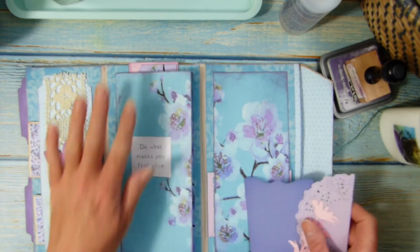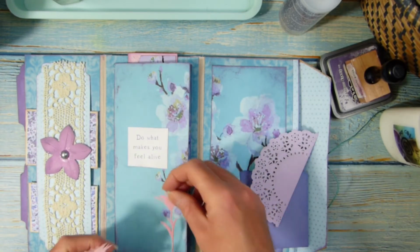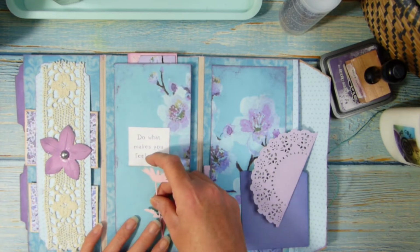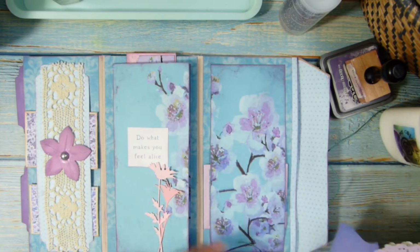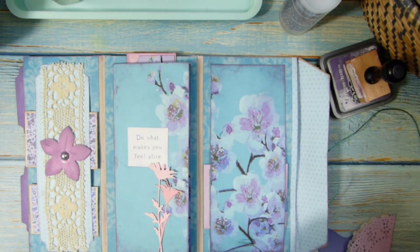I thought on here I wanted to pick out some of the pink. So I'm just going to add a couple of these little tiny die cuts, just layered up here, so that just picks out the pink. So I'm going to add those, and then I'm going to pop those on the other page. So let's pop some glue,